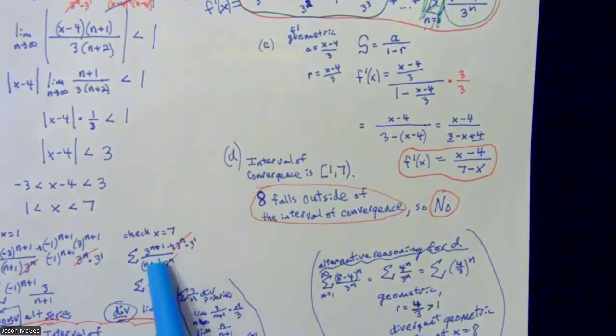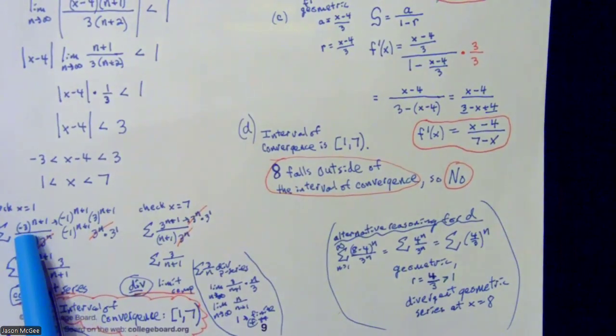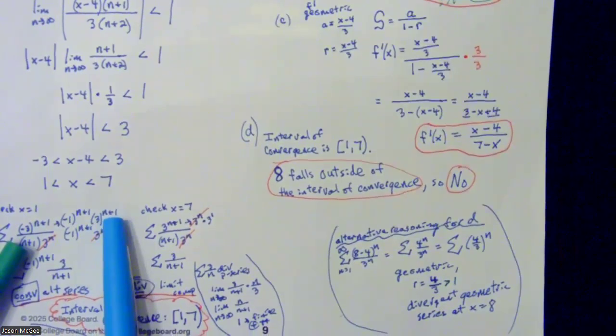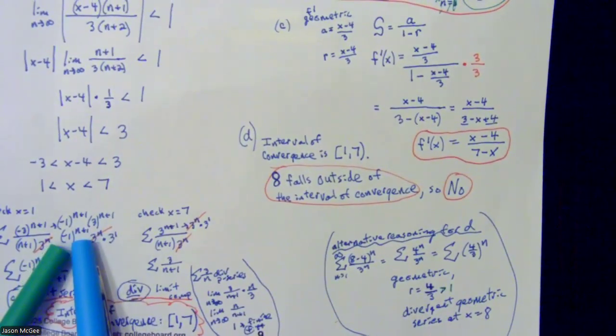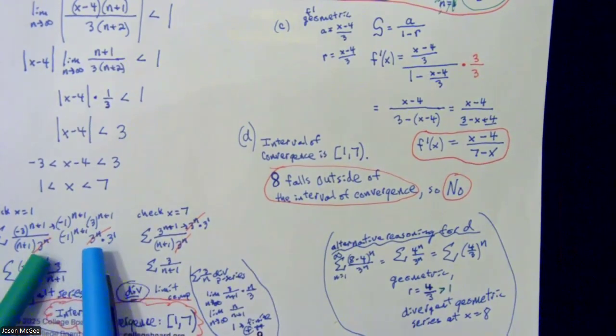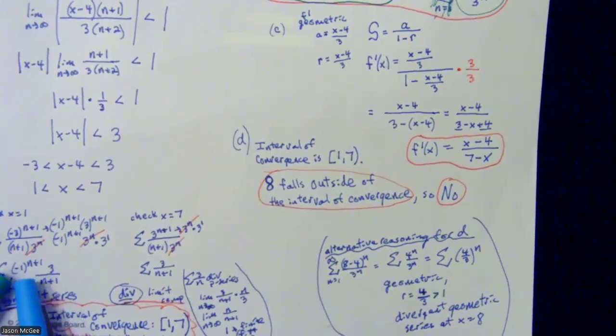All right, now let's do this. This is the tougher one here. So when I see the negative in there, I'll rewrite that as -1 to the n plus 1 times 3 to the n plus 1. And that means it's going to be an alternating series. And then I'll rewrite that as 3 to the n times 3 to the first because it'll cancel out the 3 to the n's. The 3 is still there, the n plus 1 is still there, but now I have